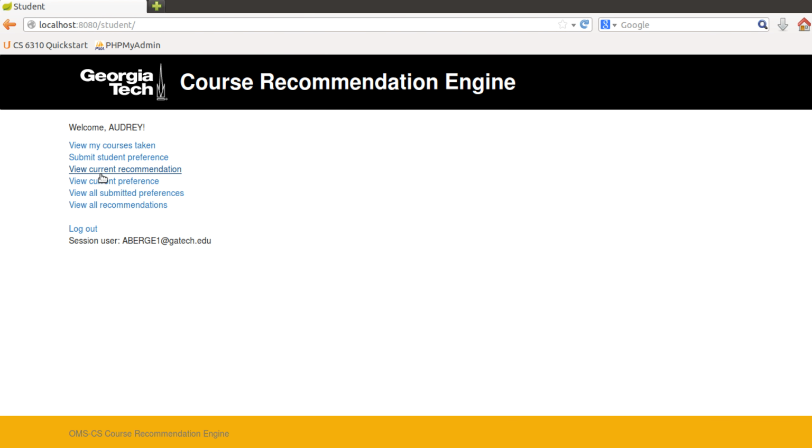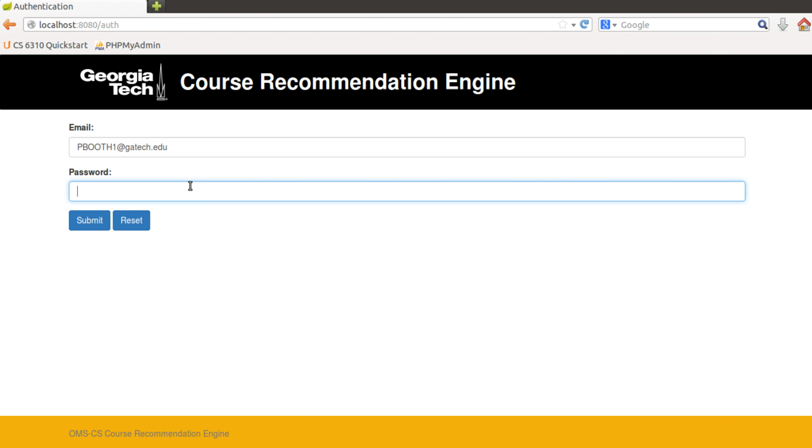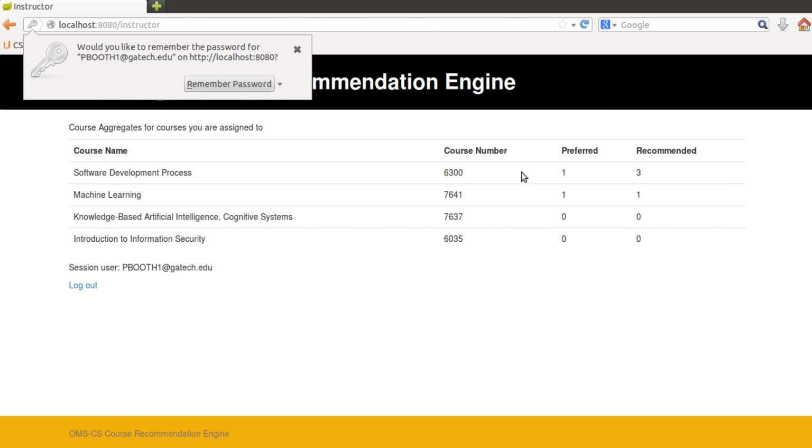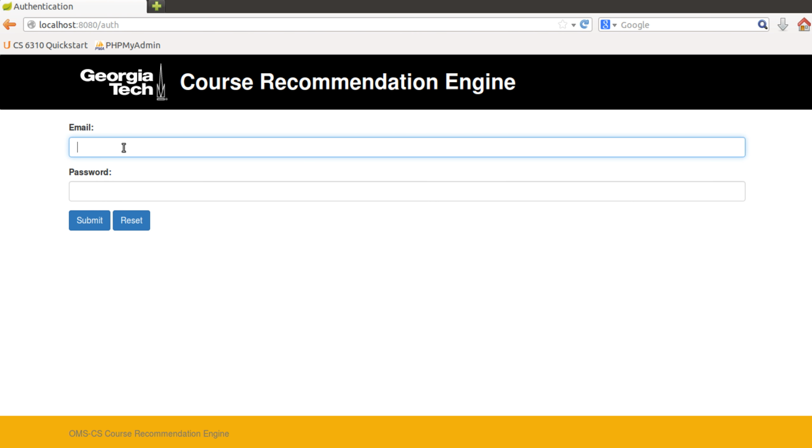So now if we go back and we sign back in as the instructor, we're able to see that the preference count changed for both of these courses, but the recommendation count only changed for one, and again that's because the student was already recommended to take the software development process course. And if we go and log in as the administrator,